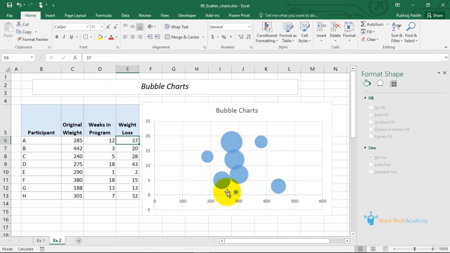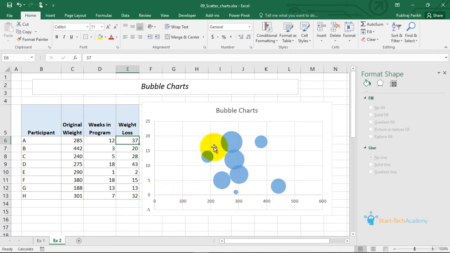So people belonging to the weight category of 200 to 320 probably achieve the maximum weight loss, and at least you should be in the program for 2 or 3 weeks.